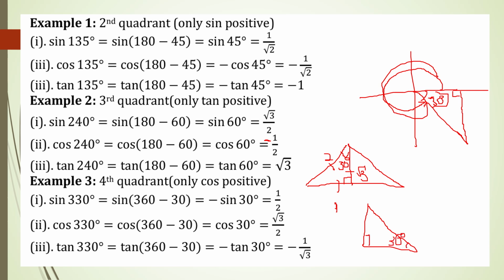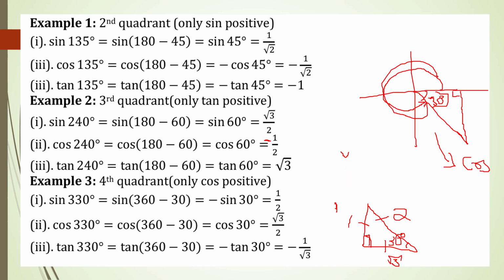This is going to be 90. So your base, we have said that it's going to be the same as root of 3. And this is going to be adjacent, simply because it's the side with an angle. The side without the angle is going to be 1, and then our hypotenuse is going to be 2. But remember that our sketch is lying in the fourth quadrant. In the fourth quadrant, it's only cos which is positive. That means that other answers must be negative. So if you come to getting other trig identities using this angle,